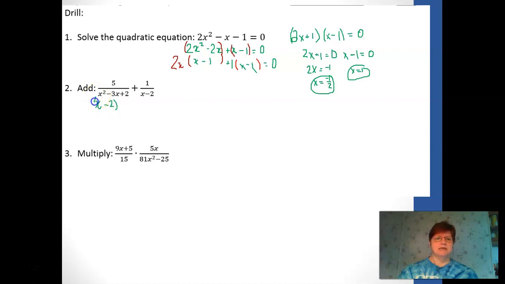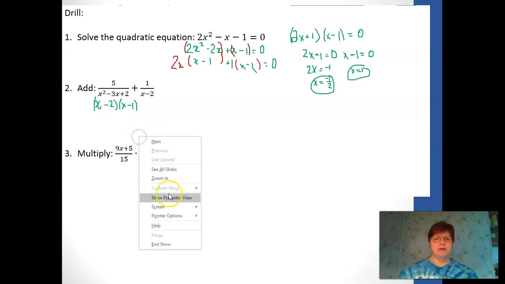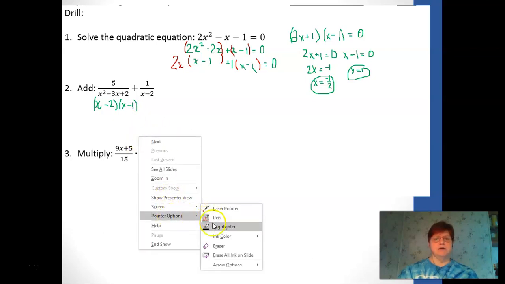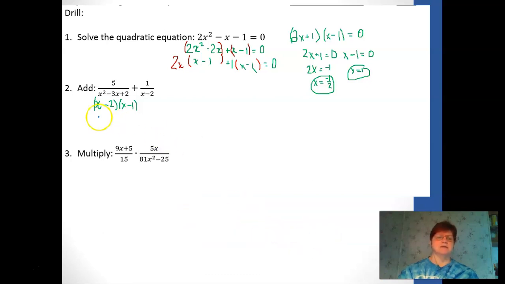And what times negative 2 gives me positive 2? That's negative 1. So this needs a negative 1. Now we compare our denominators. What does the first one have that the second one doesn't? The first one has an x minus 1. So we're going to multiply the numerator and the